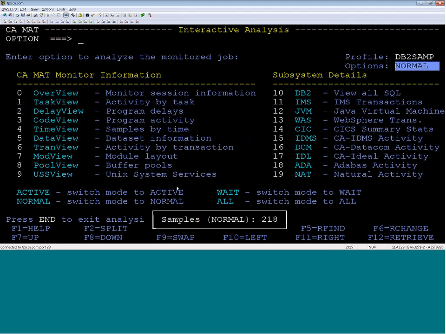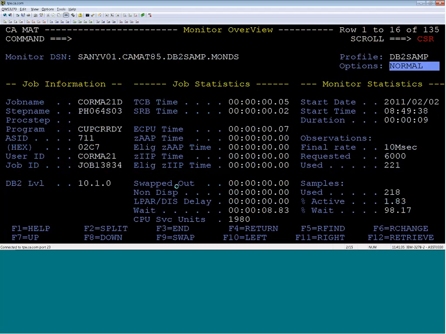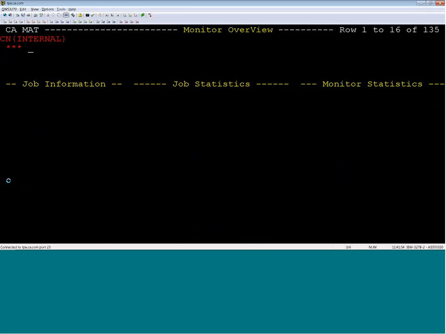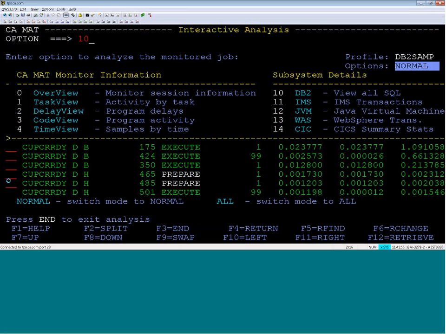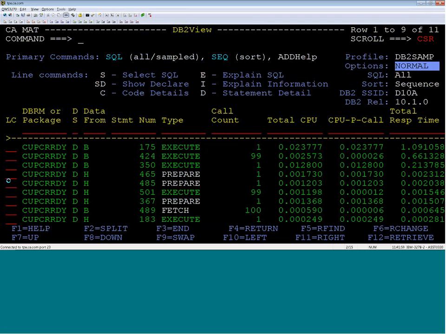So you can see how there's some really neat information in MAT and how we can show you all of that. So when you go into MAT, as I mentioned, we will obviously always discover all the pieces and any other components that we support and we discover in your application, we're going to list right here. We don't just generically list all the components. We only list the components that have been discovered in your application, and then we list the release level. But if you're dealing with DB2, I wanted to show you how we also show the sampling as well as the